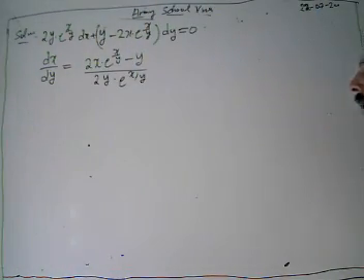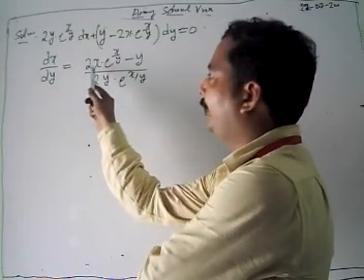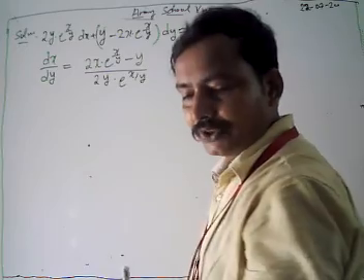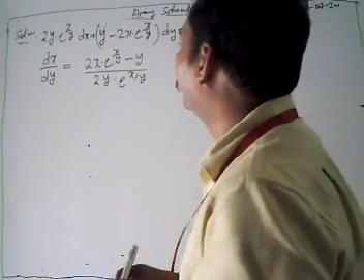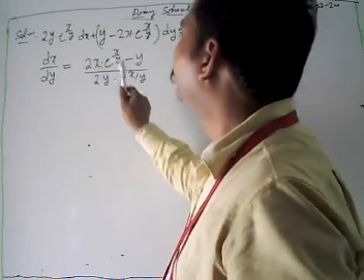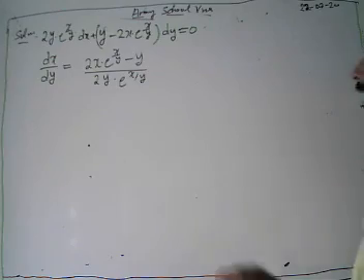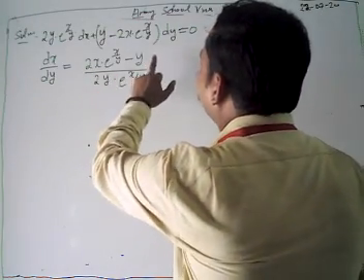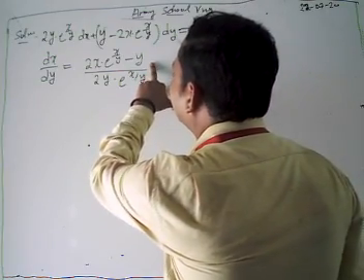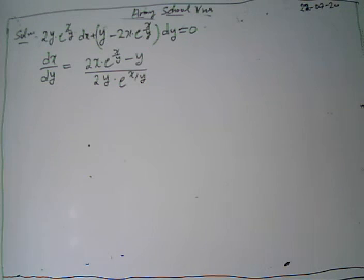Now it is in our standard homogeneous form dx by dy. We can cancel out this 2 and 2. We cannot cancel out because there is only one 2 here. And look, we have y into e to power x by y. This is x by y, this is our x by y, here we get only y there. I hope so. There is a little bit of mistake there, we can check our solution again.